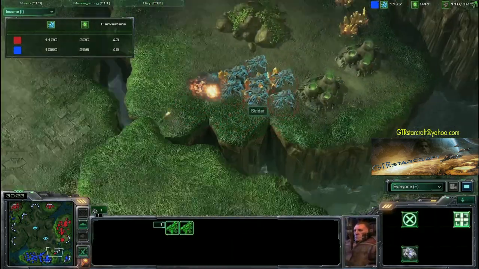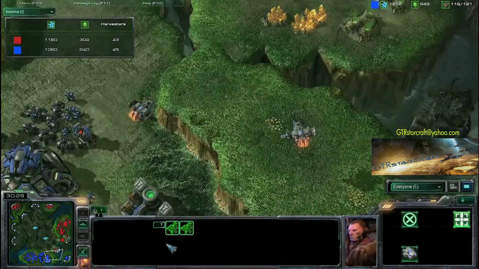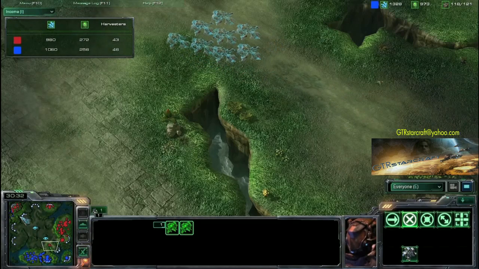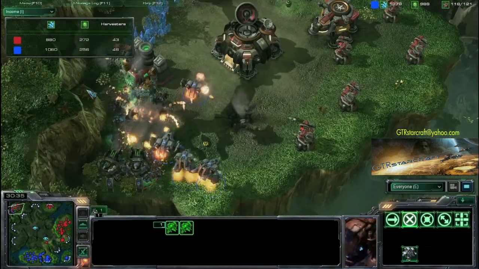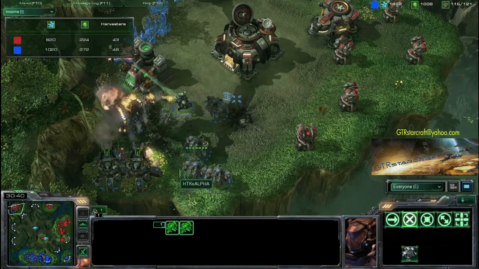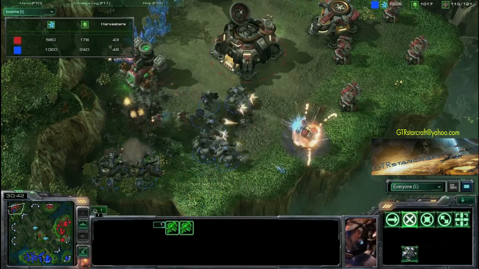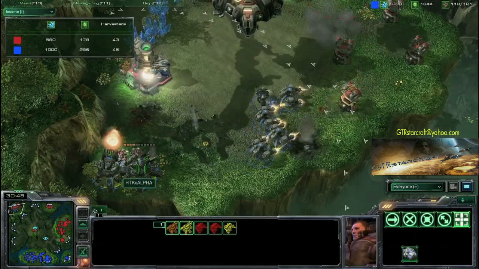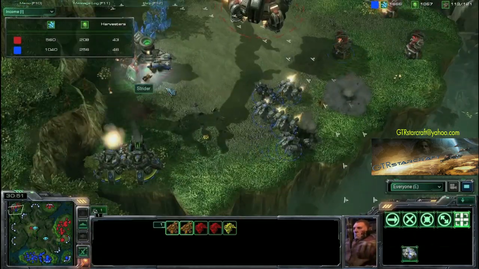He does have a lot of Banshees. Couldn't do anything with the Banshees because I have quite a few Vikings still just over here, and I'm doing a lot of damage right now. He is sending his SCVs off the line to try and do some damage to these siege tanks. I should have noticed this, but his SCVs are still attacking my siege tanks. Didn't really notice it that much because they kind of just